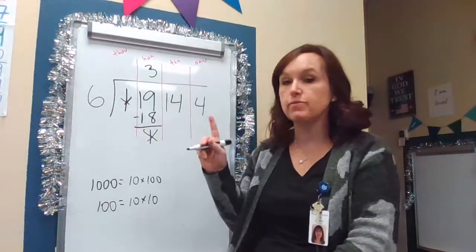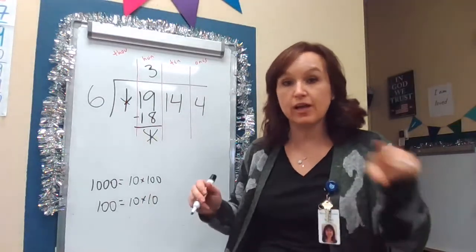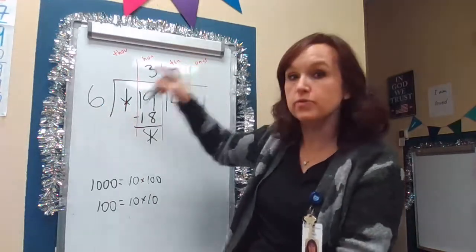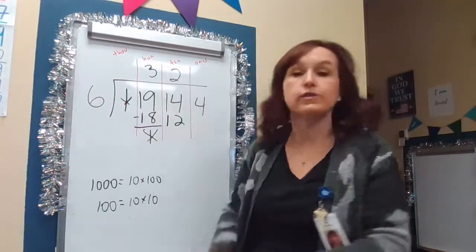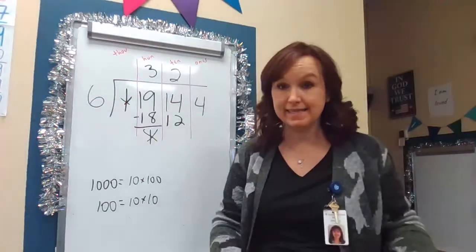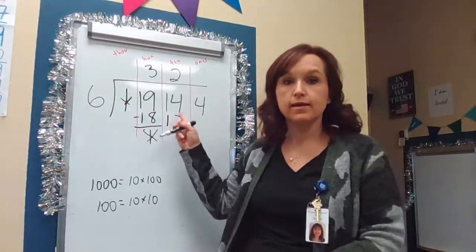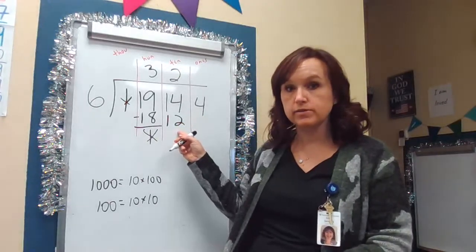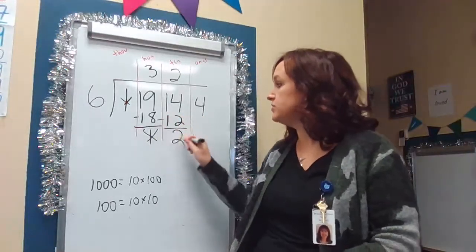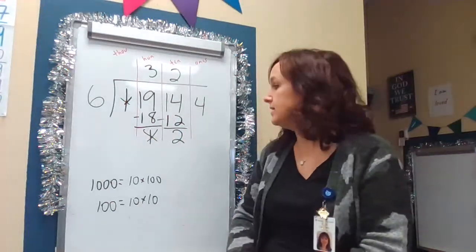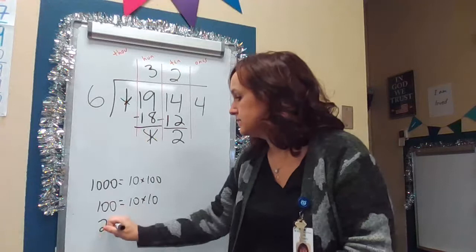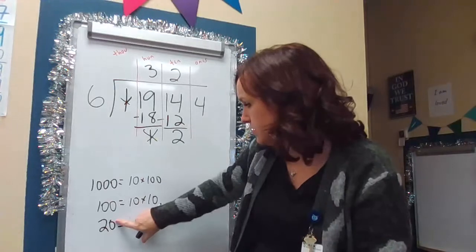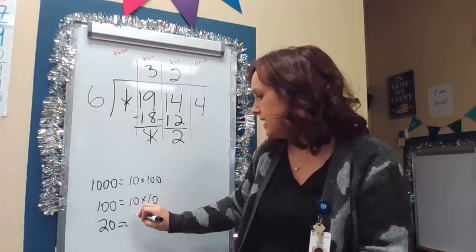All right, I'm going to do the same thing with my tens. I'm going to pass them out until I can't go around again. So if I do that, 6 times 2 is 12. If I tried to go around 3 times, I would need 18 $10 bills, and I only have 14. So I can go around 2 times, and I'll have used 12 of my $10 bills. So now I have 2 tens left, and I know that if I have 2 tens, that's 20. That's the same, oops, that's a funky equal sign. That's the same as,